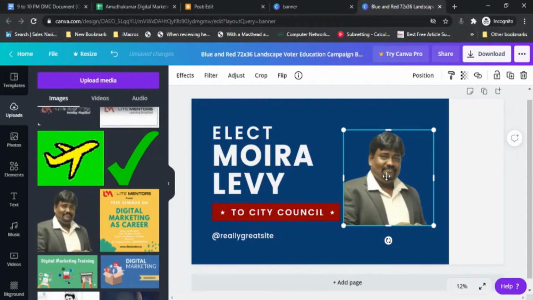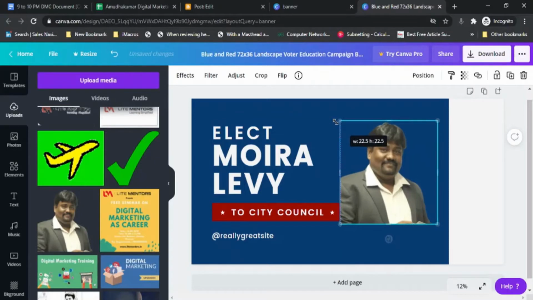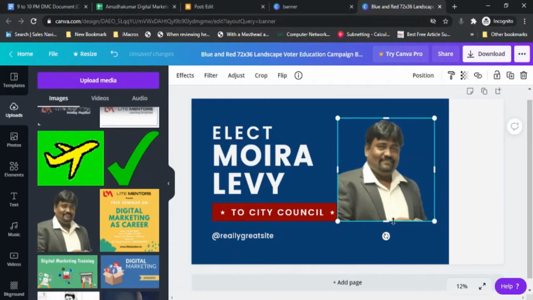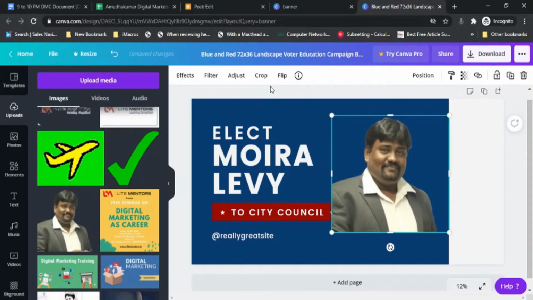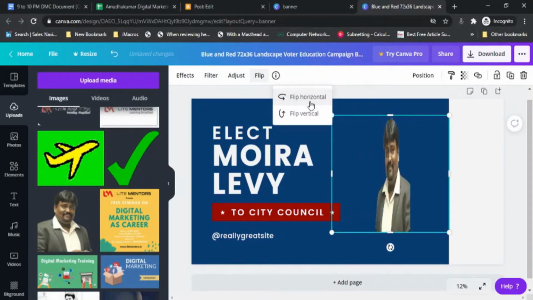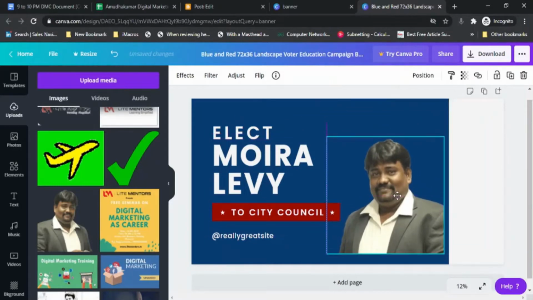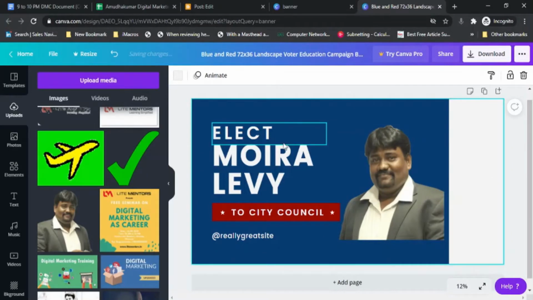This is a transparent photograph, so that's the reason even the background is visible. I can click expand, I can minimize according to my requirement. And if I want, I can make this photograph flipped, so this way I will turn. This is one option I have. I can keep it like this.